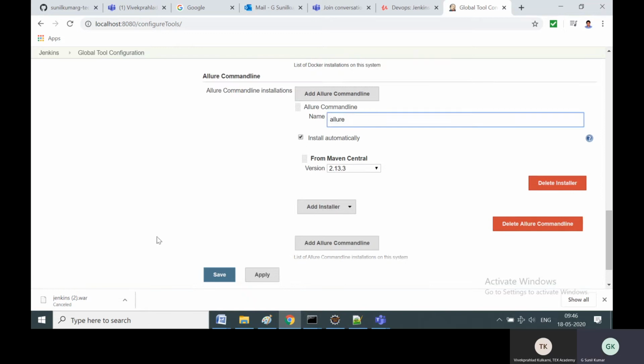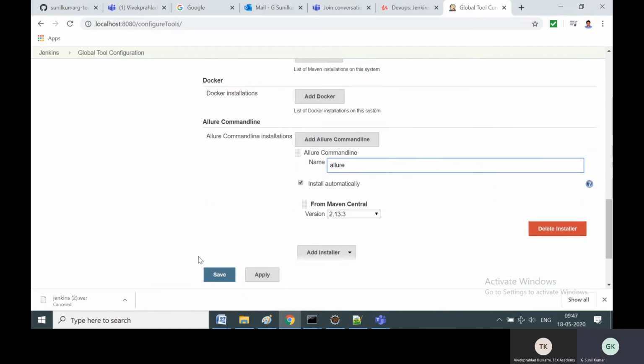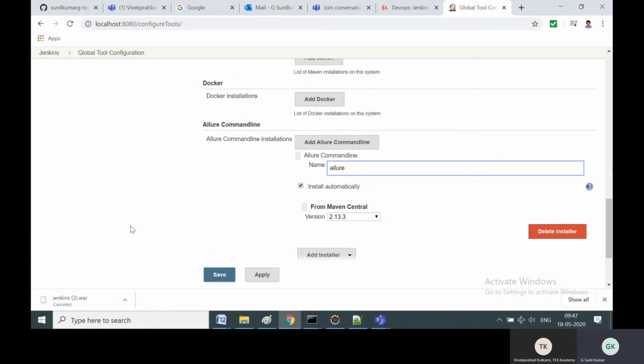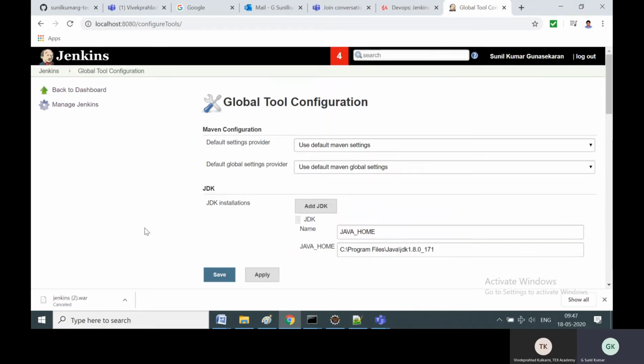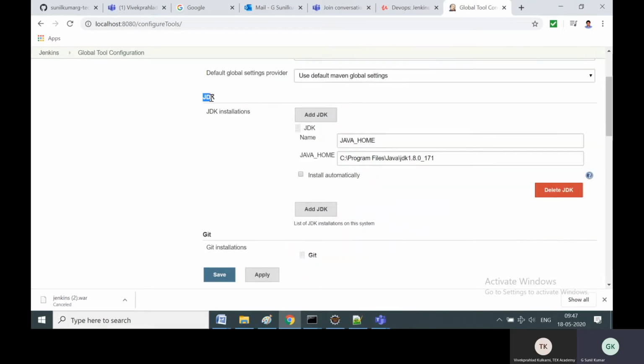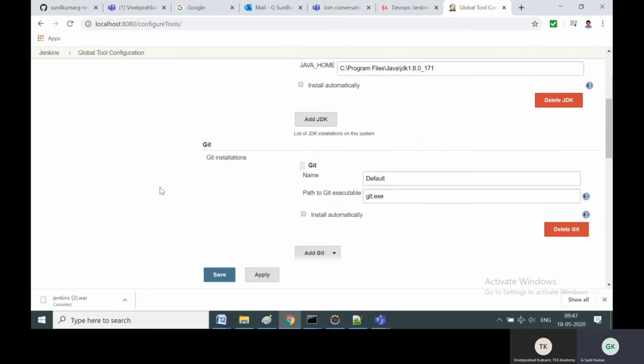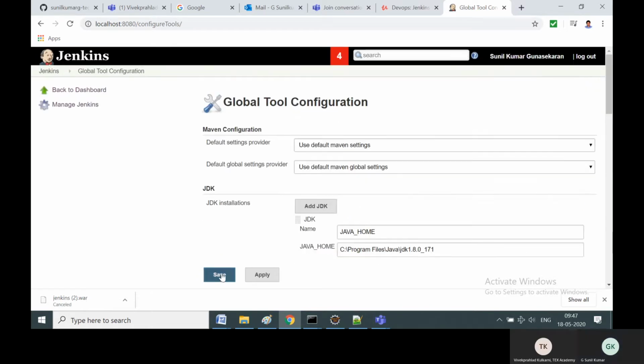Only if you put these three options and click save will Jenkins be in a position to execute the Java and Maven commands which you are going to give in your project configuration. Otherwise, it will throw an error saying that JDK is missing, Maven is missing, and so on. So save it.